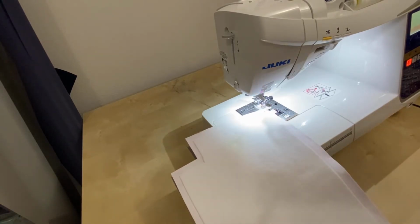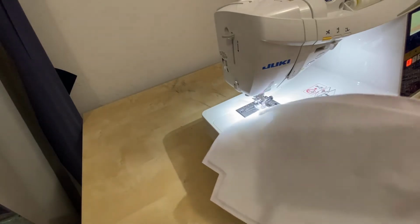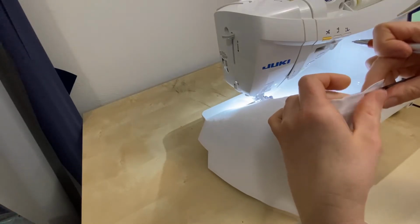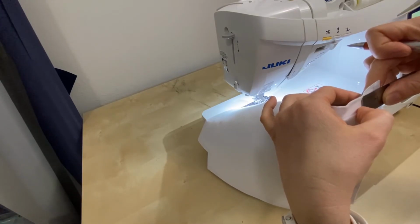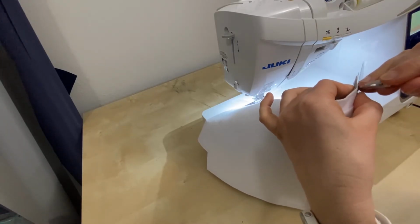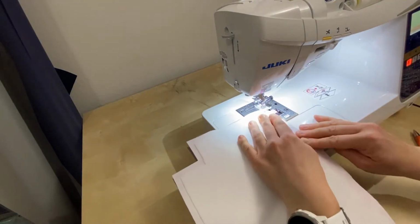Now, something that I should have done is measure 3/4 of an inch from this end here. That is where I'm going to stop to turn my zipper. So I'm just going to make a little line there. Okay, and now I'm sewing